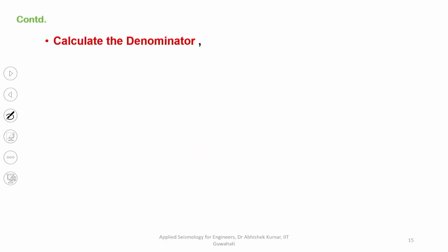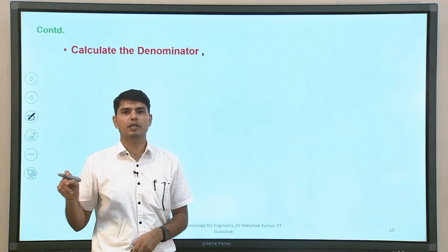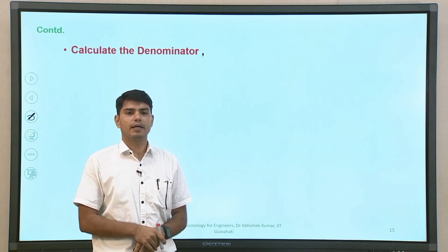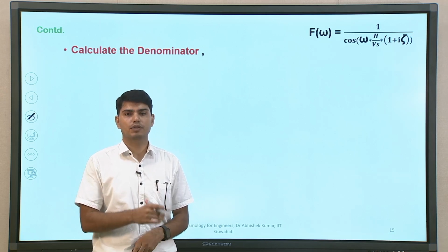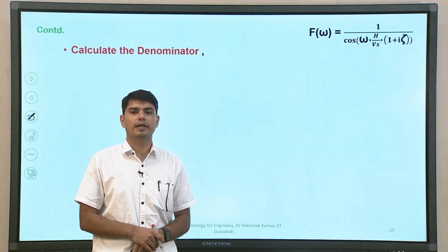So, calculate the denominator, whatever has been given in the previous slide, that cosine omega h over V s 1 plus iota chi, that we have to firstly find out. This is a functional form of transfer function. So, we will try finding out